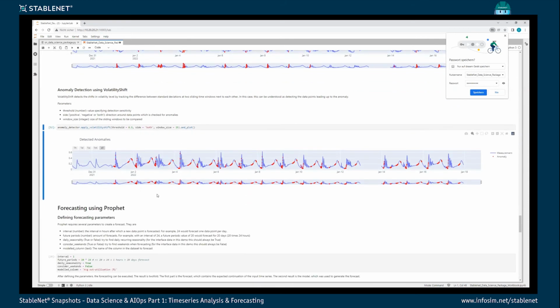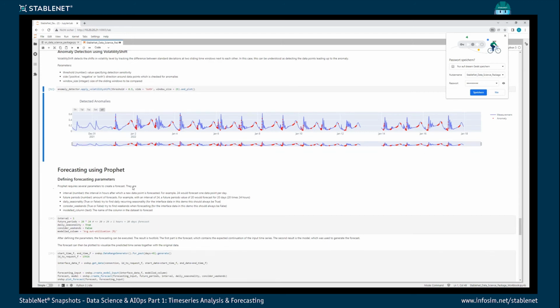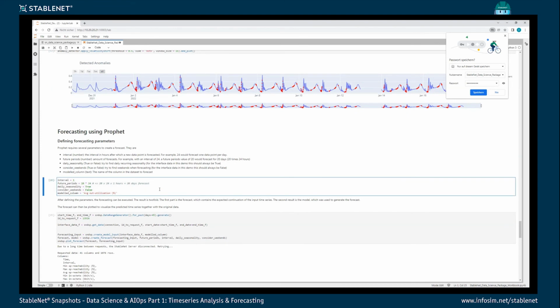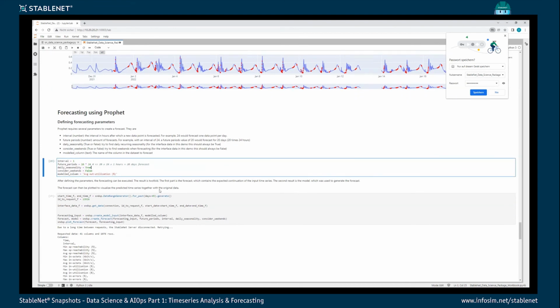And now for the last part here, for the last few minutes, I want to really look into forecasting real quick. In this case, I'm using Facebook Prophet, a library provided by Facebook to be used by everyone for forecasting. In this case, I also have the possibility to use my existing time series data and look at the historical data,